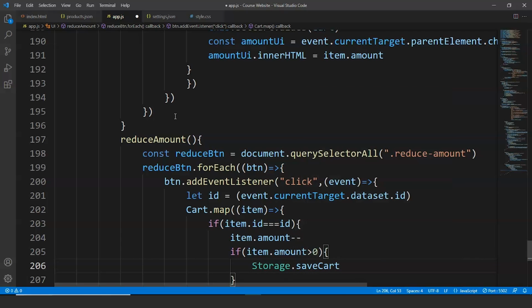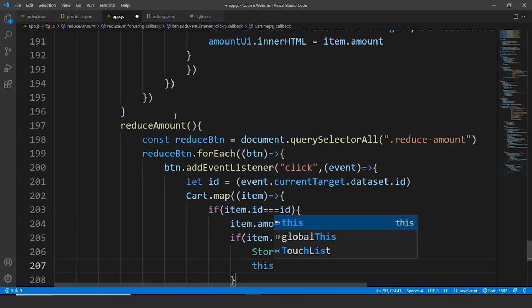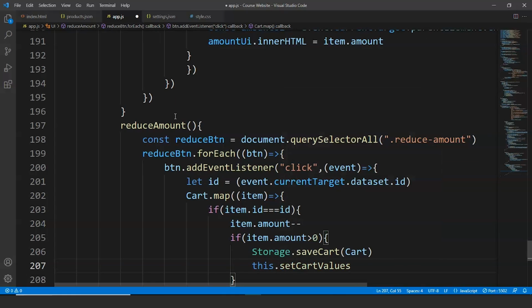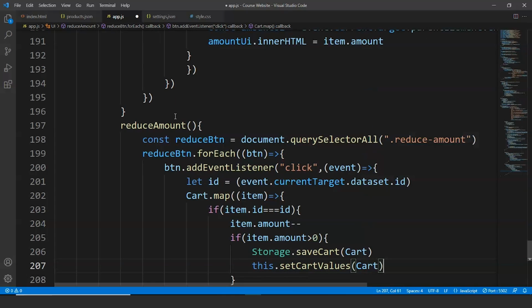So we'll write here Storage.saveCart, and we'll write here cart, then we'll write this.setCartValues(cart)